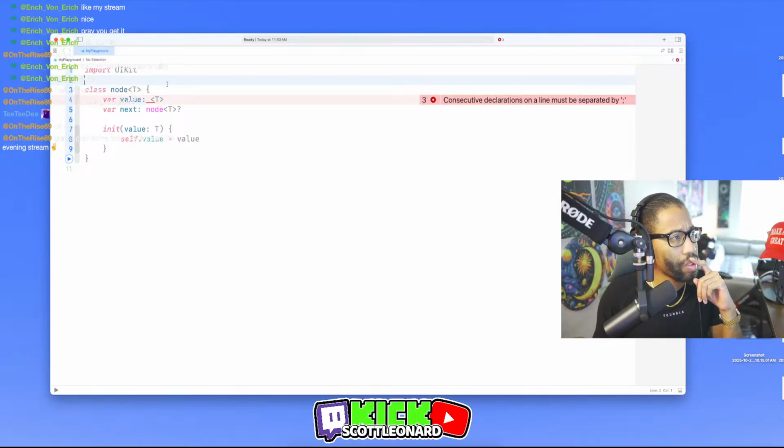Consecutive declarations. What am I doing wrong with this? Something I'm missing with the syntax. Does this need to be optional too? I don't think so.